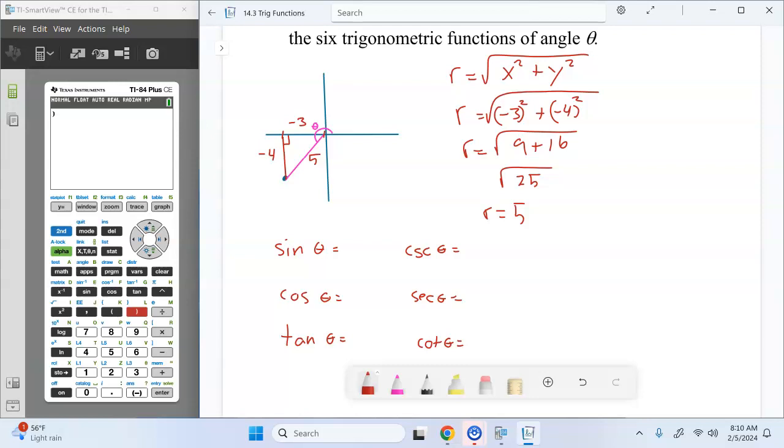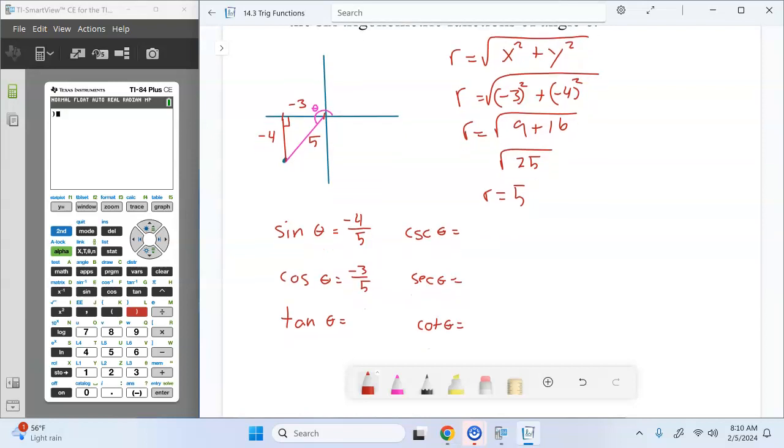What's y? What's r? -4 over 5. What about cosine? -3 over 5. There we go. Tangent,